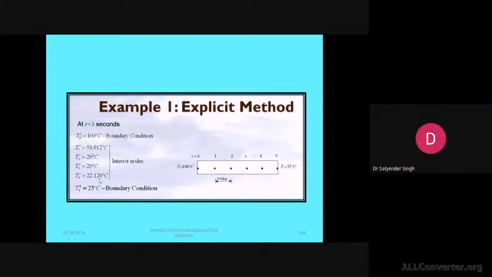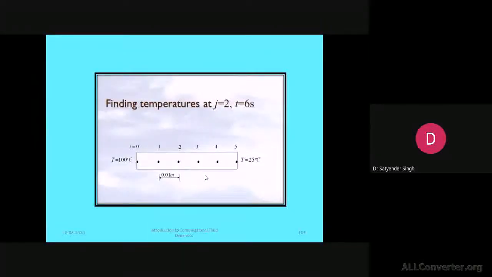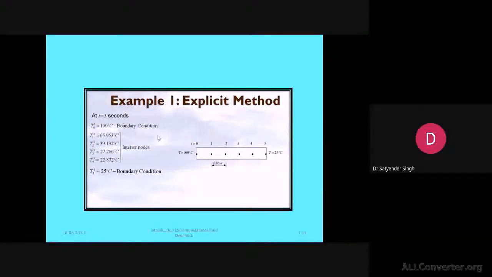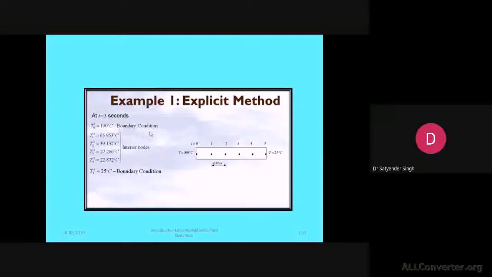Likewise, now all these values will be distributed on this level, and we will do the calculation for the next time step, which will be 6 seconds, and then you will see now almost all values have been replaced compared to the initial state. And then finally, if you see at time step 9 seconds, or after 9 seconds of time, then we'll see almost all the values have been changed accordingly, giving you one kind of slope.